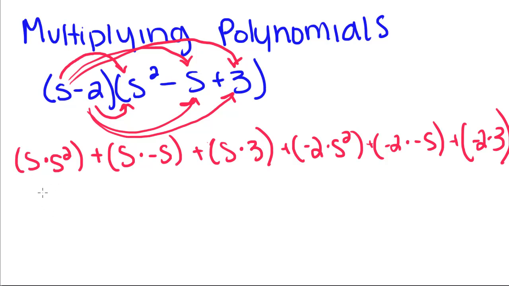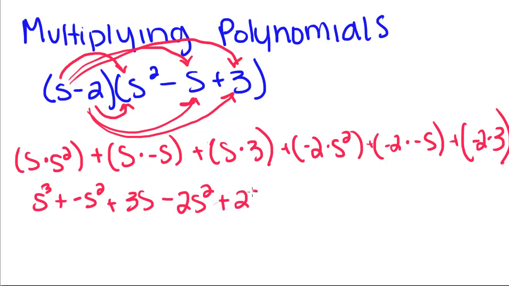So s times s squared is s cubed plus s times negative s is negative s squared plus 3s minus 2s squared. Negative times a negative is a positive 2s plus negative 2 times 3, that's just negative 6. So we can combine like terms, but I want you to notice that right here we